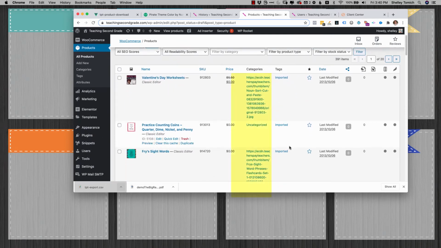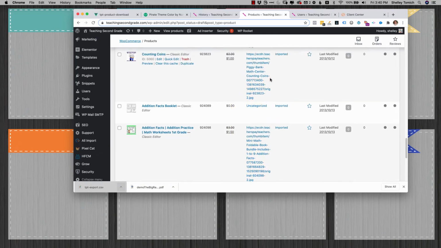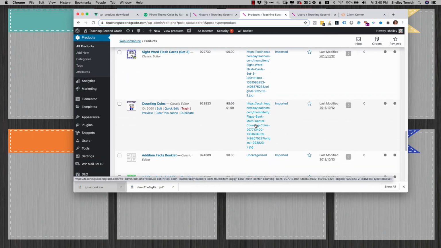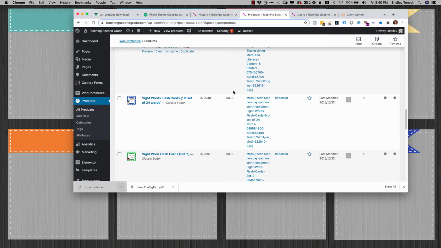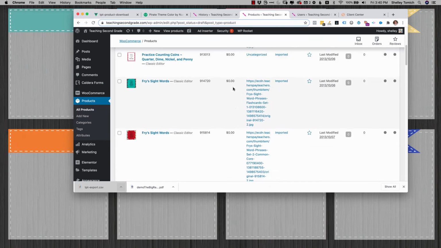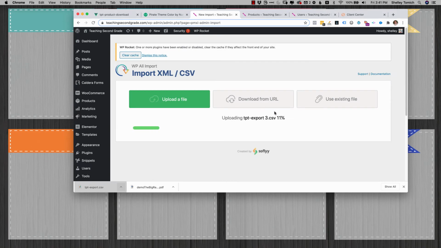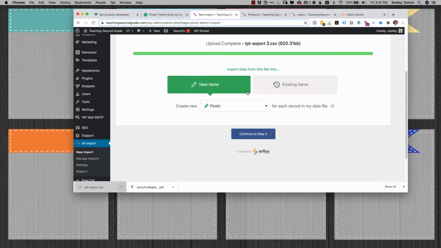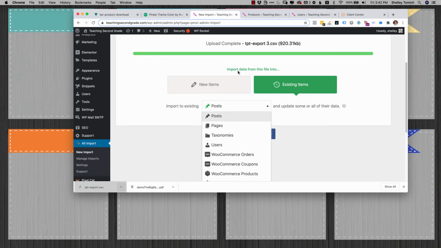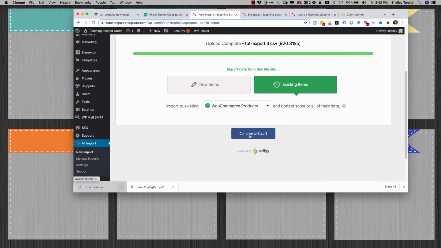Now you'll see that, which I already showed you, I made a mistake where I accidentally put one of the image URLs as my category. And I don't want to manually change that, but luckily I can go in and just basically re-upload my Excel file and tell it that I want to replace that information. I want to update existing items, and I'm going to do WooCommerce Products, click to Step 2,